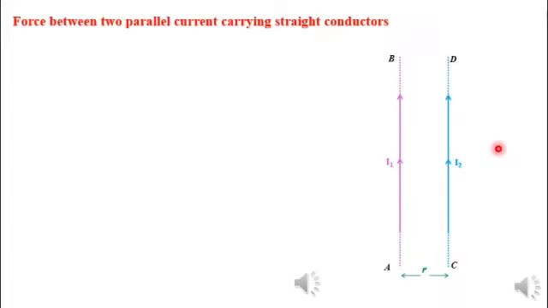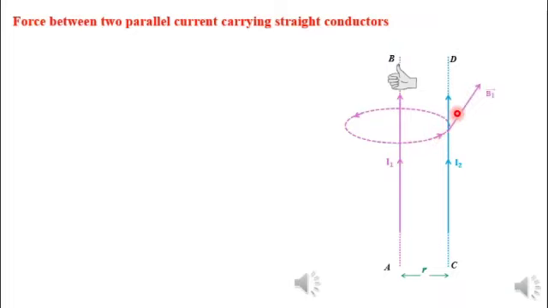Use right hand thumb rule for the first wire. This is the direction of magnetic field around it. So, magnetic field produced due to I1 on I2 is into the plane,